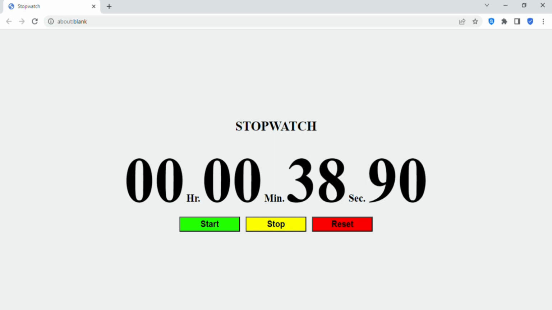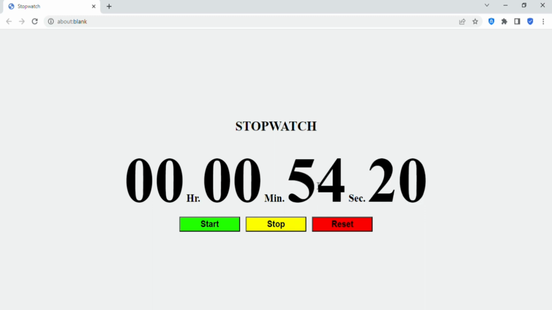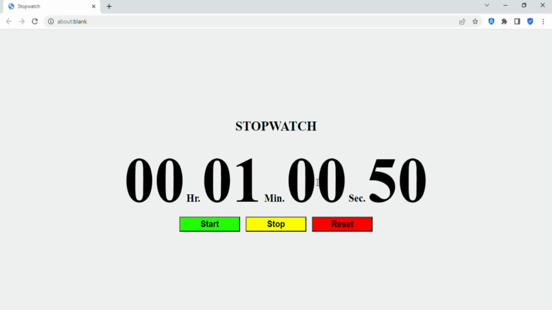Now I will show you the update that happens between second and minute when the second counter reaches 60. So wait here. Now you see that the counter becomes 55, second counter 57, 58, 59, now 60. When it becomes 60, it becomes 00 and the minute counter increases by 1. Similarly, when the minute counter becomes 60, it becomes 00 and the hour counter is increased by 1.